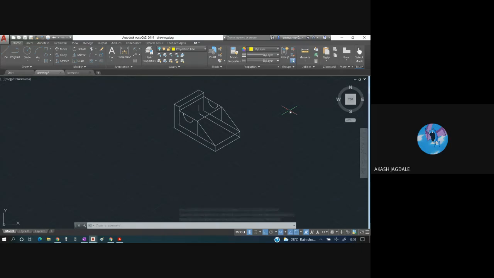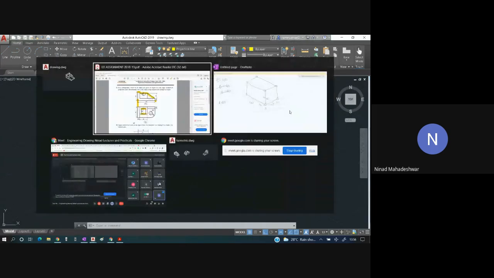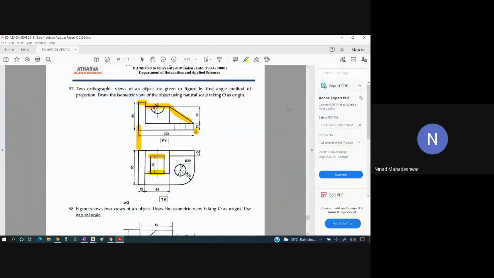So the standard procedure over here is first draw the front view as it is, then paste the breadth over to the corners. Once this is done, you complete till here. I will give you the front view over here. Front view will be in front of you. You draw this. I'll give you exactly 10 minutes to draw this. Take your time. If you have any doubt, you can ask me.